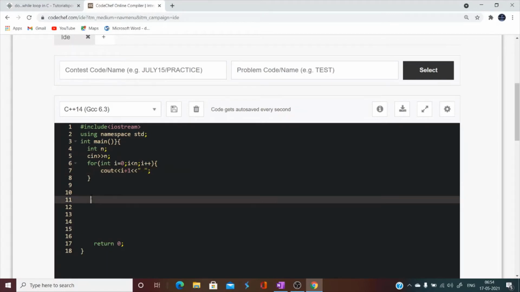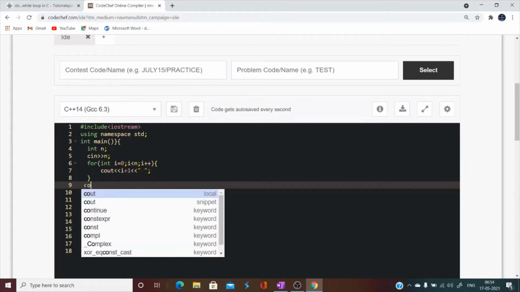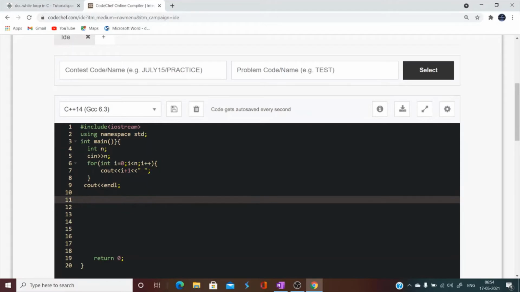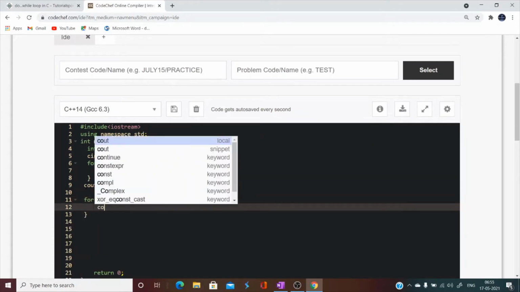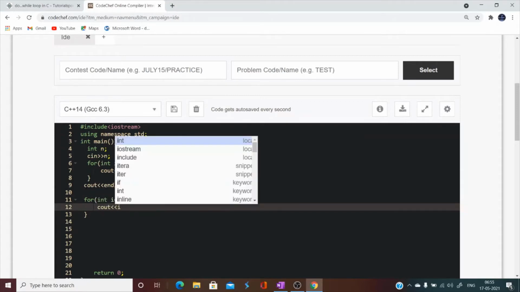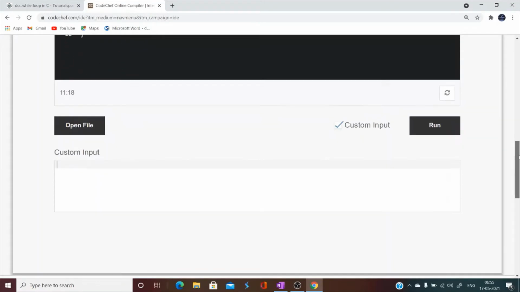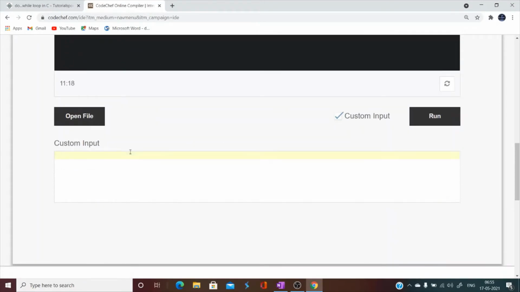And after that cout, and I'm also printing the second format. For I equal to 1, I less than or equal to n, I plus plus, cout I. That's it. I'm giving input like 3.